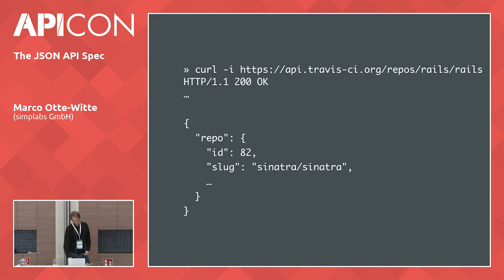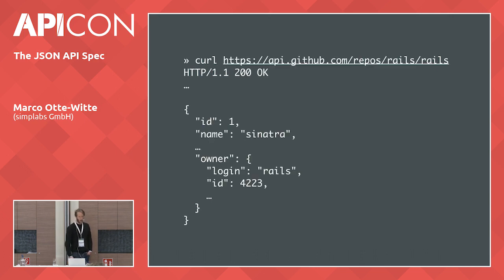Often relations are handled very differently. So here we read the Rails repo again from GitHub, and you see that the owner relation is embedded in the main object that we receive from the API, and that is probably because it would often be needed, right?